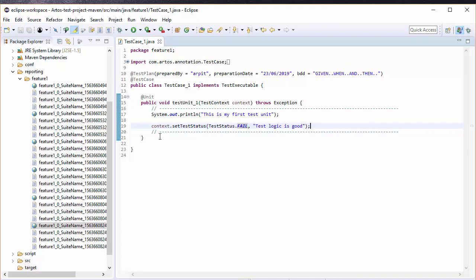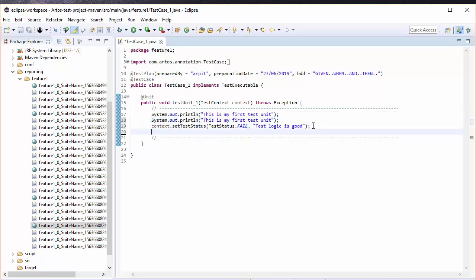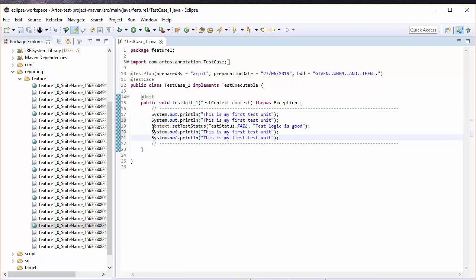So a failing test has its own side effects, which you can see in the logs file. Now what happens if someone sets multiple statuses? So let's say I have a few lines of code. I'm going to set some status. So I have, let's say, 1, 2, 9 and 3, and I'm going to set fail status,